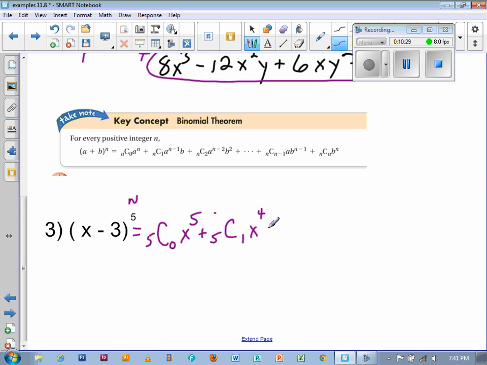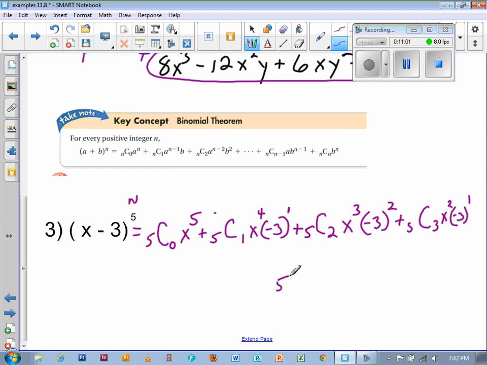And then now they take the negative 3 to the first power. Notice that's b to the first power there. And then plus, and you do this as many times as you need until you run out of terms. 5c2, x to the third power, negative 3 to the second power, plus 5c3, x to the second power, negative 3 to the first power, and then 5c4, I have to go down to this line,